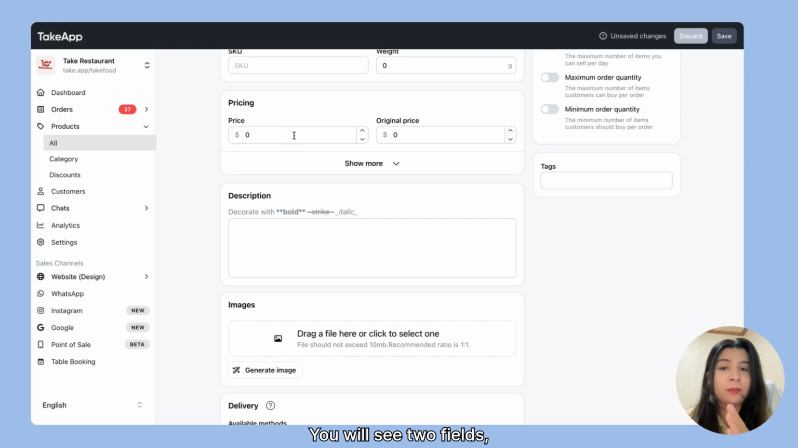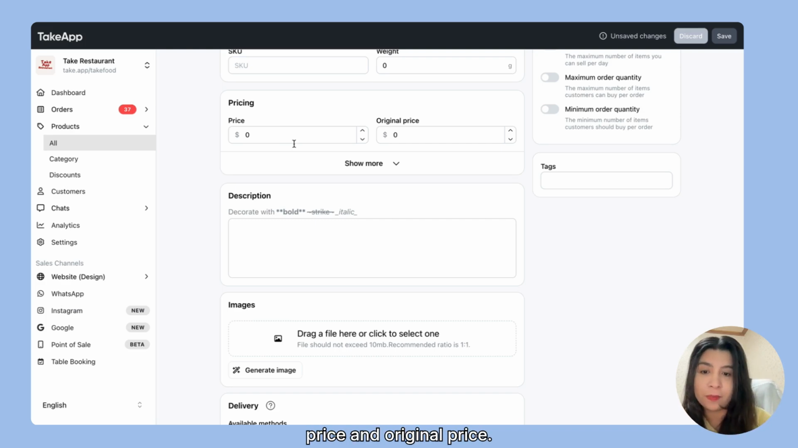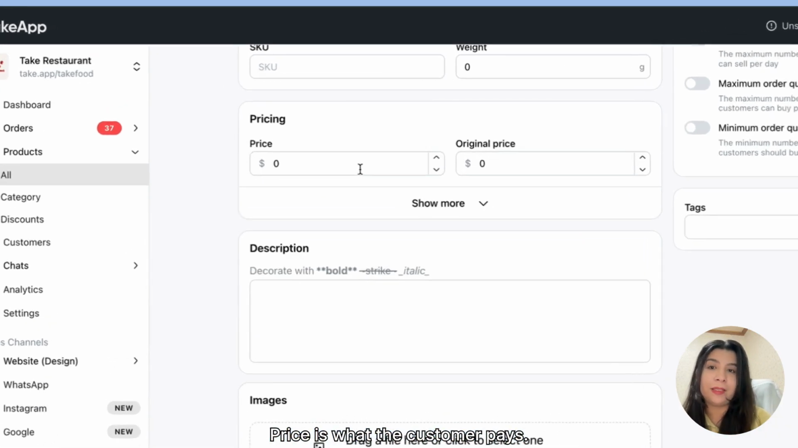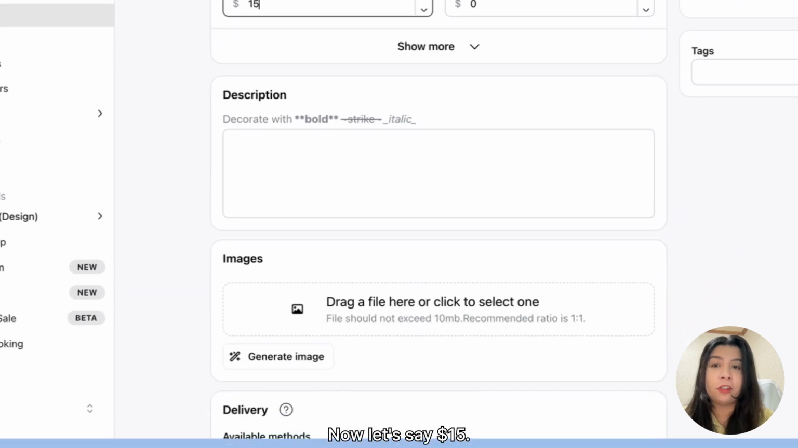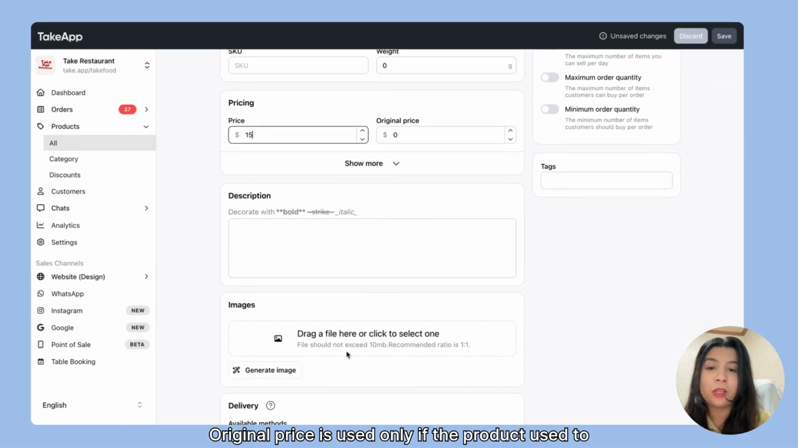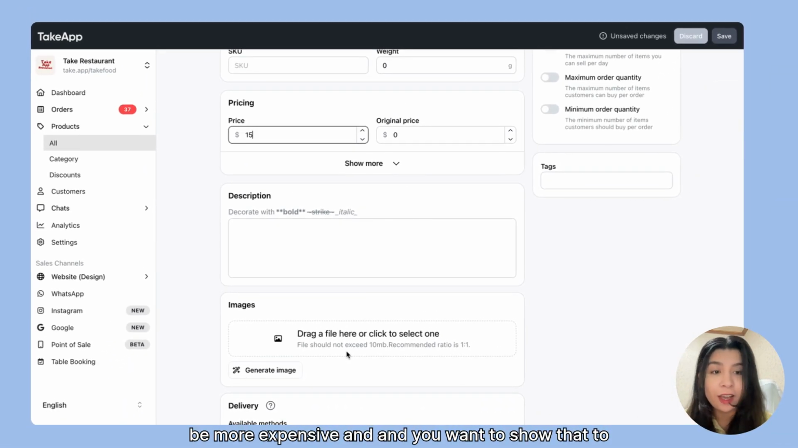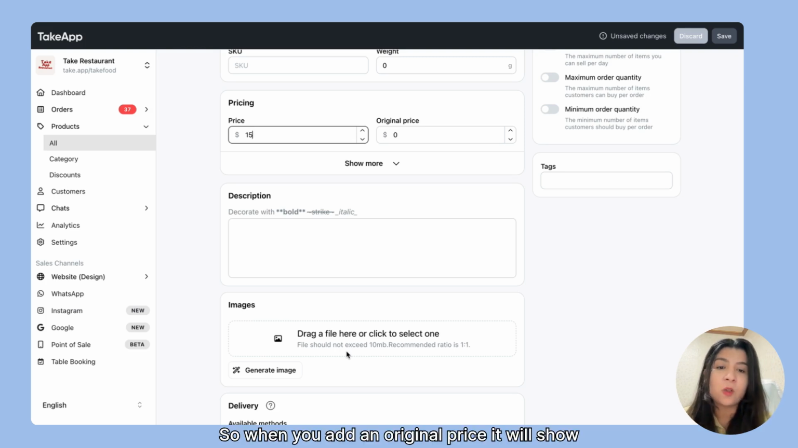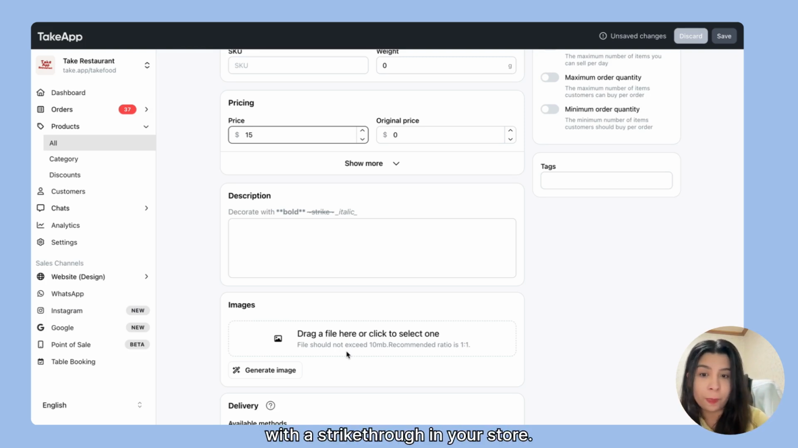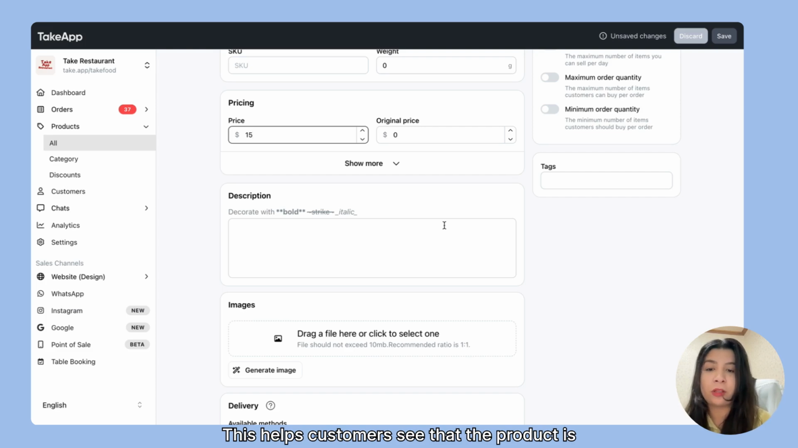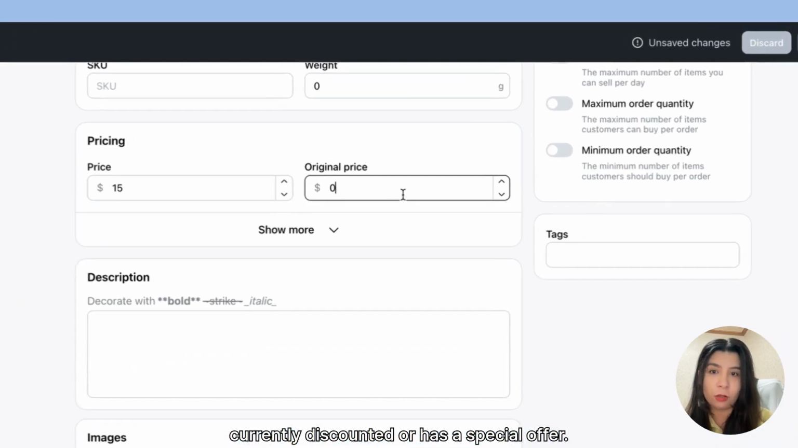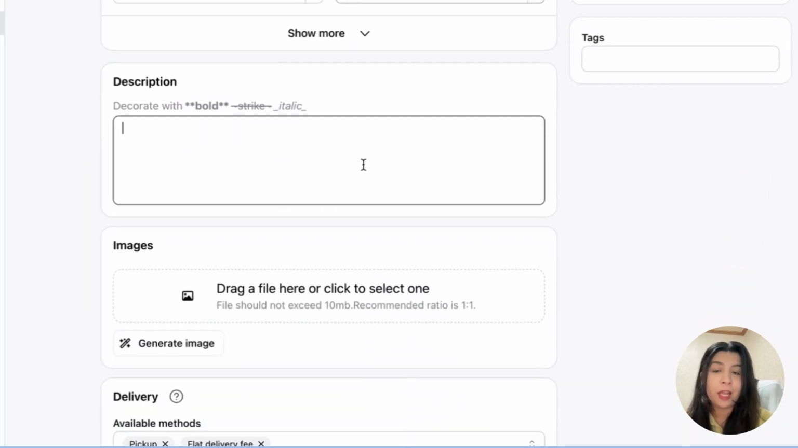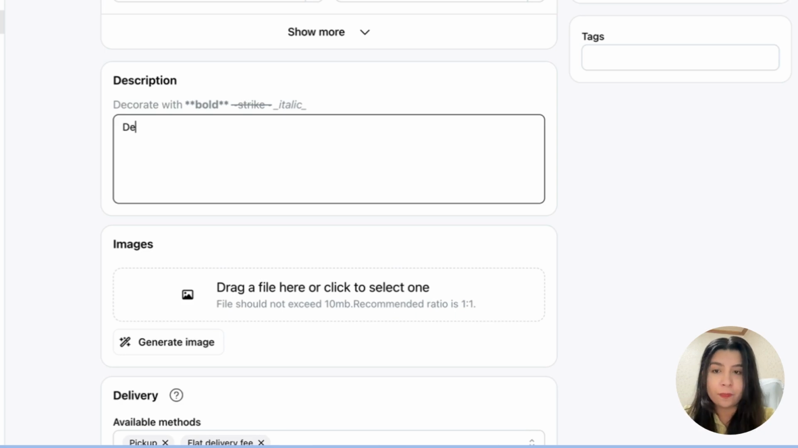You will see two fields, price and original price. Price is what the customer pays now, let's say $15. Original price is used only if the product used to be more expensive and you want to show that to your clients. So when you add an original price, it will show with a strike-through in your store. This helps customers see that the product is currently discounted or has a special offer. Let's put 20. Now you can put your description